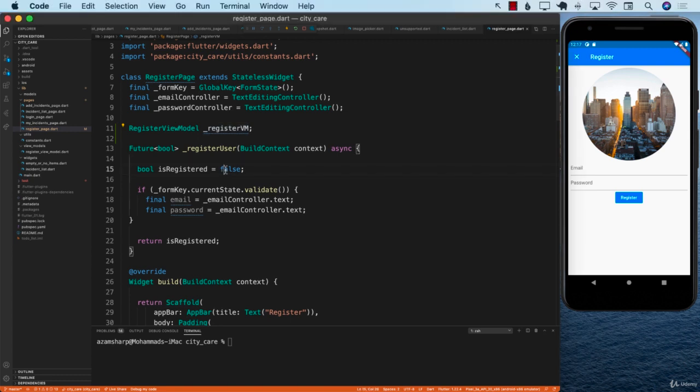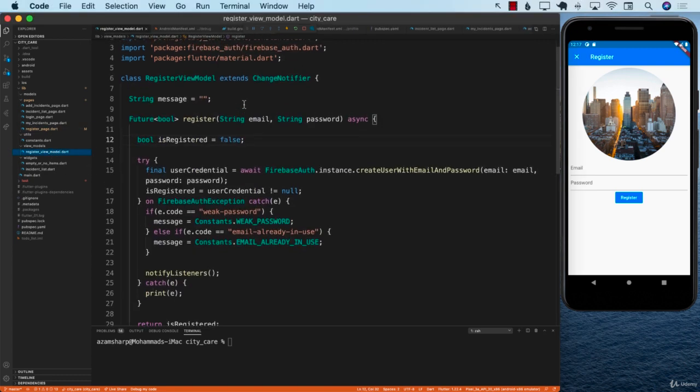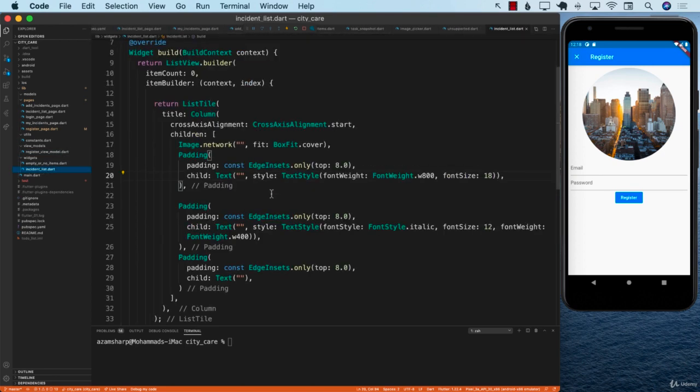One of the things you noted about the register view model, if I open it up, is that it is using ChangeNotifier. So what we want is for the provider to create an instance, or give us the instance, of the register view model. In order to do that, we have to make sure that we are wrapping the register page with the provider. So if we go to our incident list page,